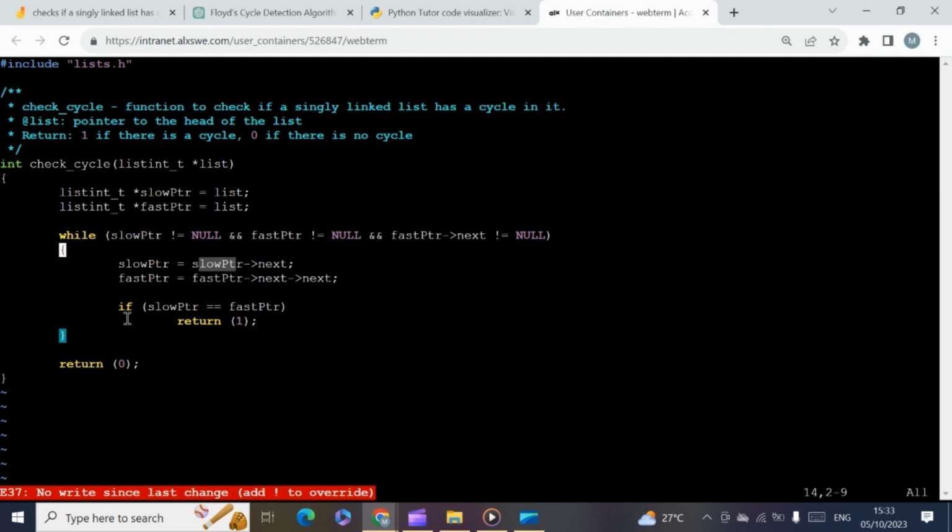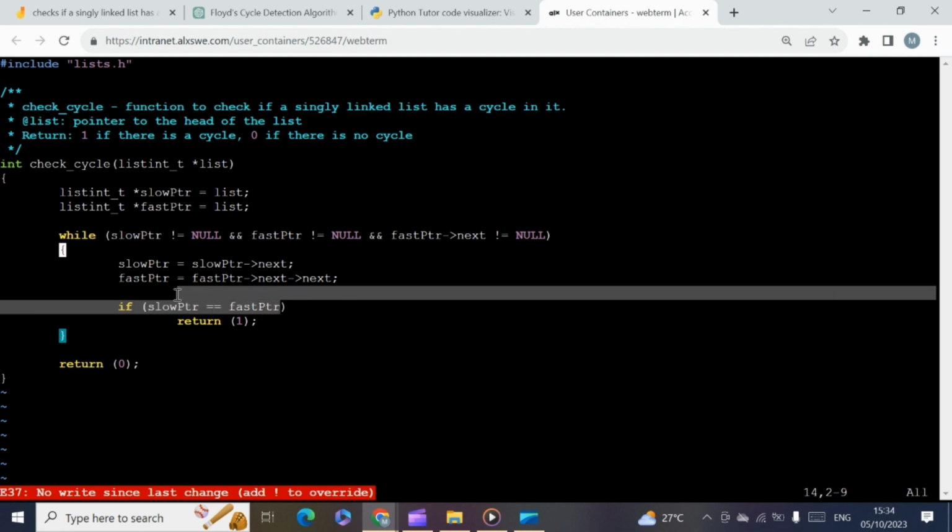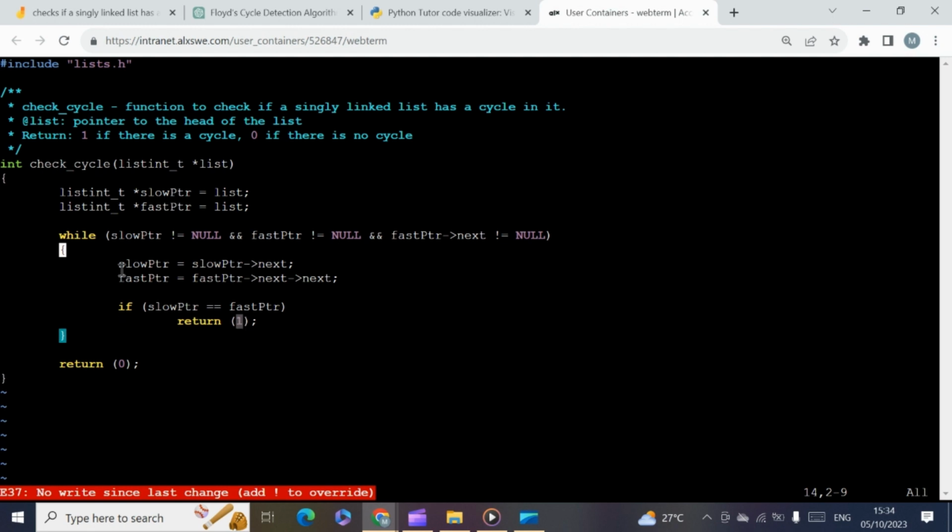Now here we have this statement to check if slow pointer is equal to fast pointer. If the slow pointer equals the fast pointer, it means that we should return one. It means there's a cycle. If this points to that, it means there's a cycle. So if there is, then we return one and exit. That is how to check if there is a cycle in a